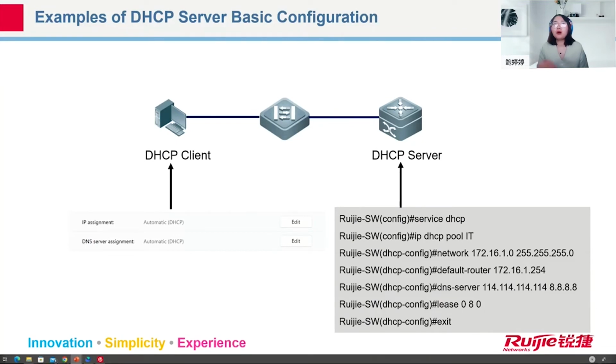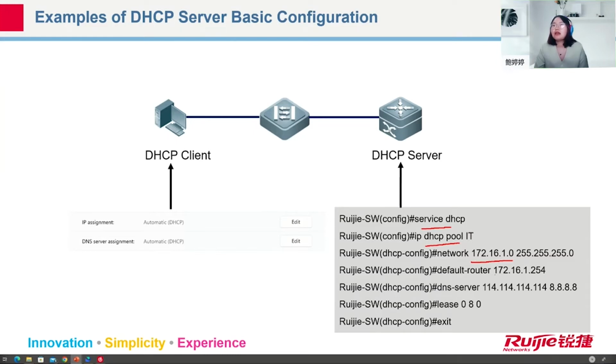And here is an example. For your client, you only need to select use DHCP to get an IP address, and use DHCP to get a DNS server. And about the server, you have to enable the function and create a pool. The range is